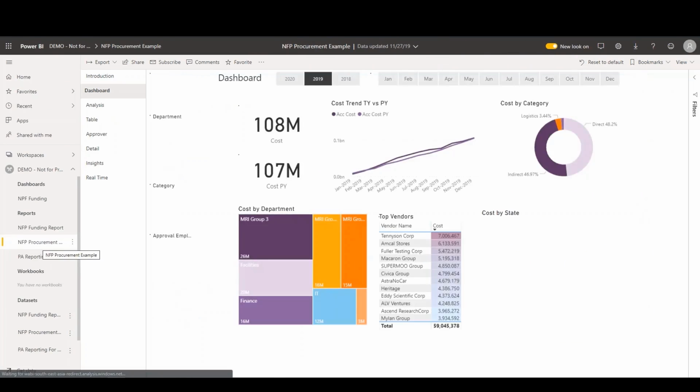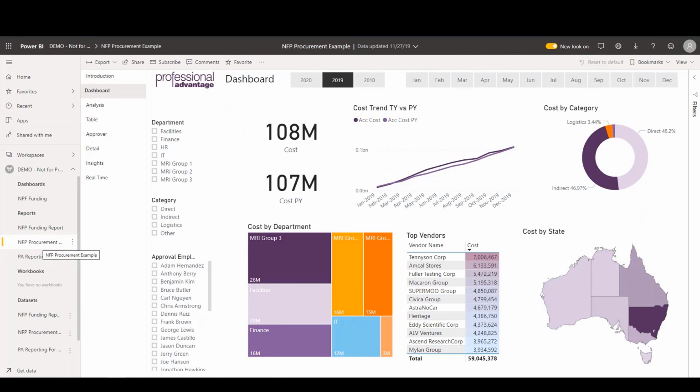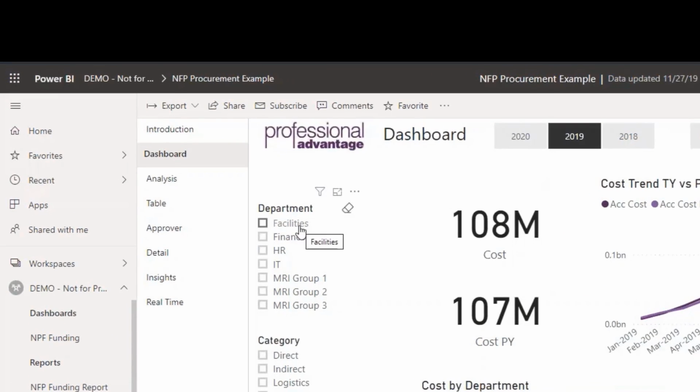I have created a Power BI report on procurement and spend analysis, and it gives you a flavour of what we can do. So what I've really done is, within the data, model the data. The two measures that we're looking at are cost and prior year cost. You could obviously use budget, so you could have cost versus budget or current versus prior year, but you can see here that in creating the actual dashboard part of it, I've got different